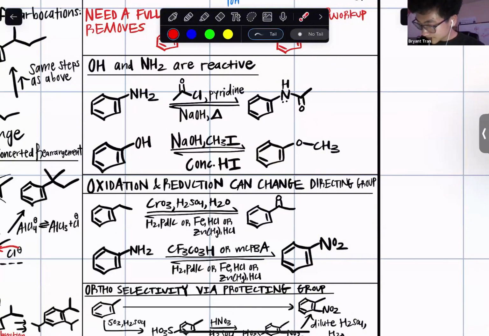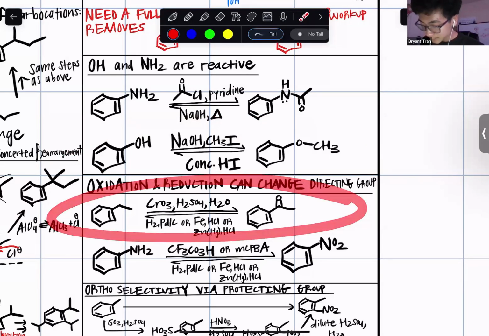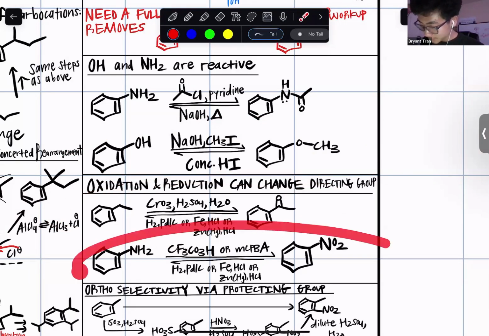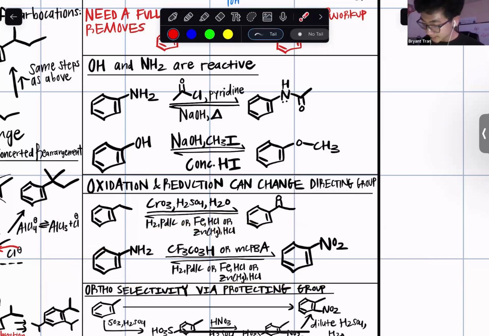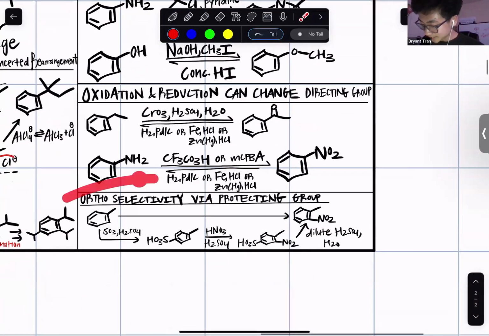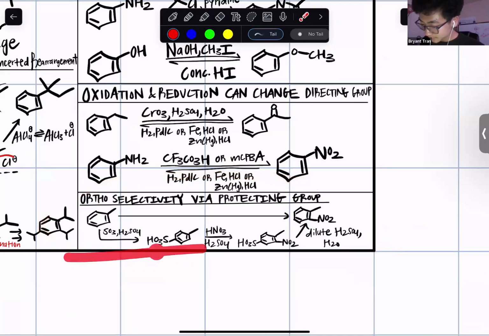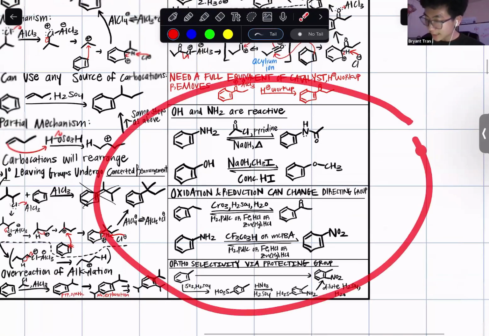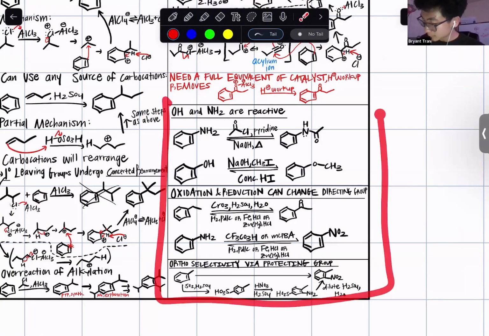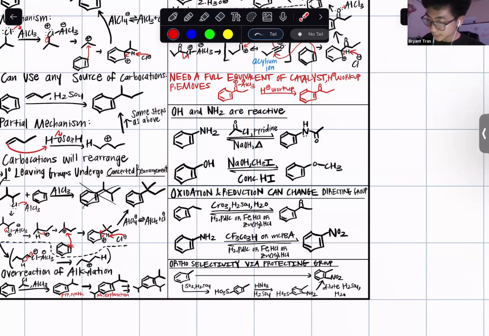We could protect the NH2 to amide using these reagents and going backwards, phenol to ether going backwards, oxidation and reduction of the alkyl group and carbonyl, oxidation and reduction of aniline and nitrobenzene, and then protecting the para position with the sulfonation reaction and desulfonation reaction. So all of that is included in this section, this bottom right corner of the back page of the note